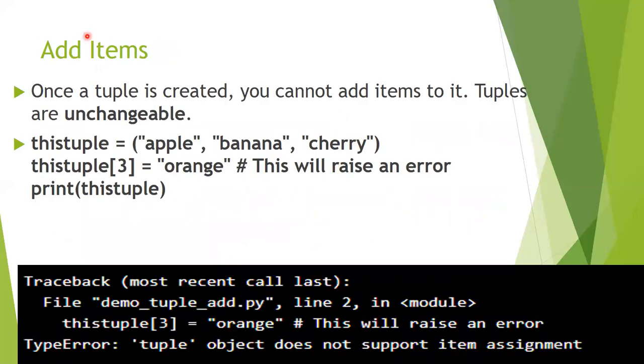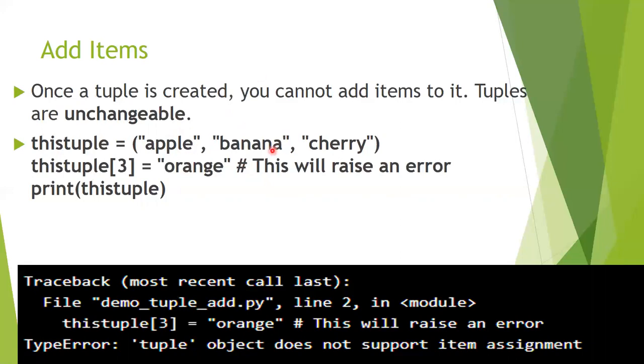Now we want to add items in a tuple, as we have added items into the list as we discussed in our previous lecture. For example, we have a tuple apple, banana and cherry. These are the members of this tuple, but we have already discussed that the members of a tuple are unchangeable, immutable, means we can't change or modify these members, we can't add items in this tuple, we can't delete these items.